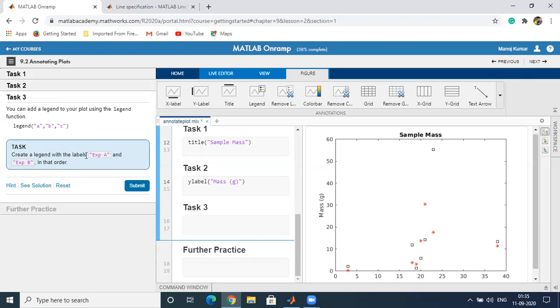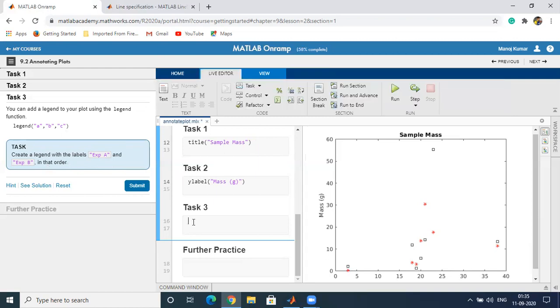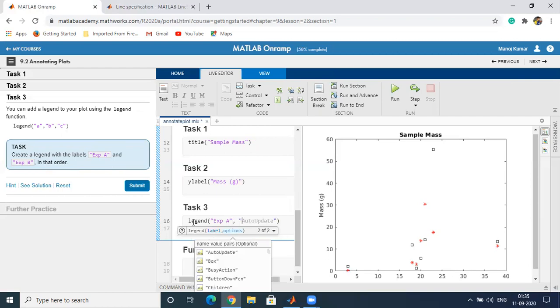Create a legend with the labels EXPA and EXPB in that order. So to get the same order, we will type legend within the square bracket, the first is EXPA, comma, EXPB.